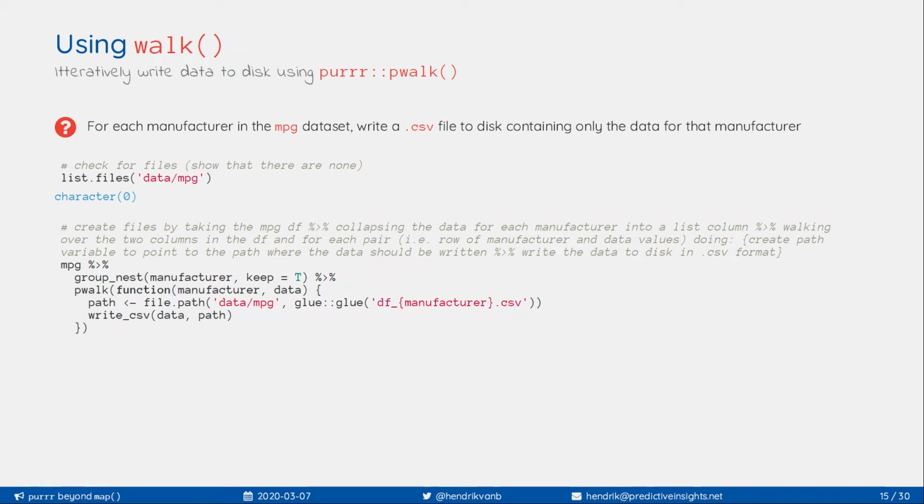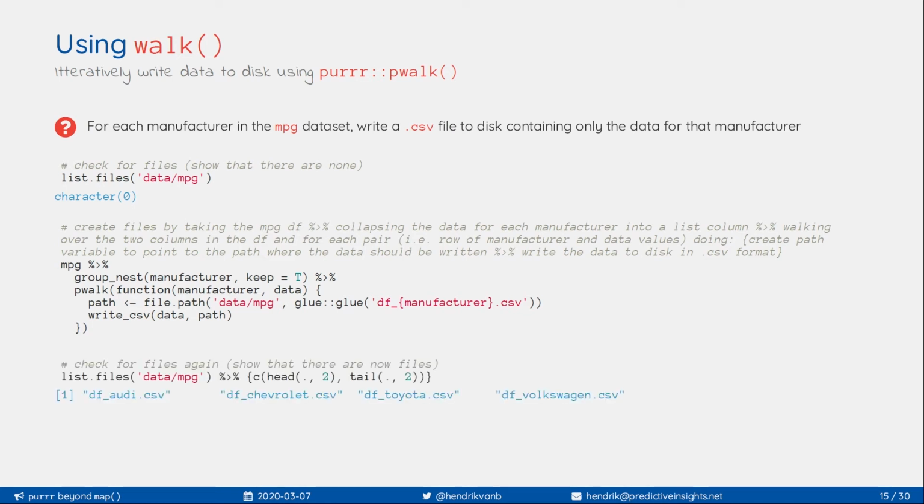That's useful because now I can pipe it into pwalk, and I can define a function that iterates over those 2 columns, row by row. Within this statement, I'm just defining a file path. I know some of you may not be familiar with glue, but it's like paste. So I'm literally just pasting pieces together to get a valid file path, and then I'm writing this out to CSV. And it works. So here I'm listing the files again, just showing the first 2 and the last 2,